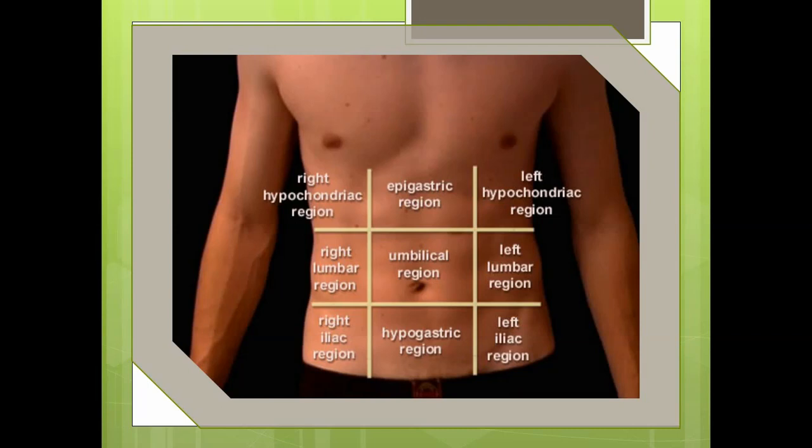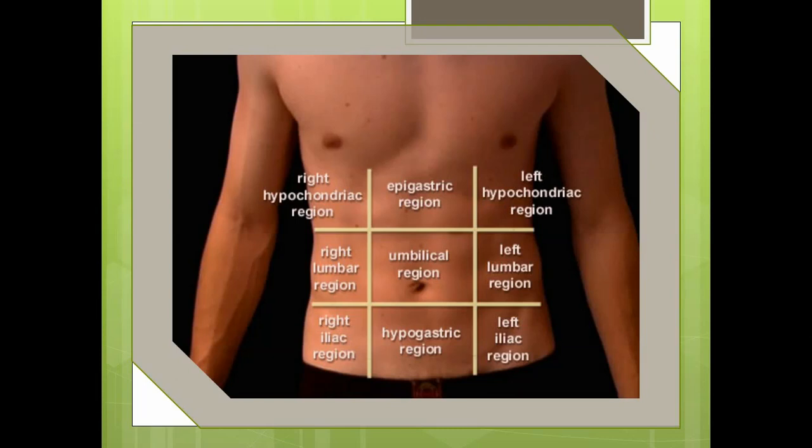And the right lumbar region, there you can see some part of the kidney, some part of the liver will be included, and the larger intestine will be there. Then the umbilical region, the most important part, where there are so many major vessels, the renal artery, some part of the renal, umbilical, all those things will be there. The vertebra will be at the back, behind the major vessels. Then the left lumbar region, then comes the right iliac region.